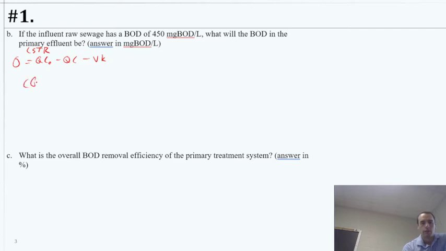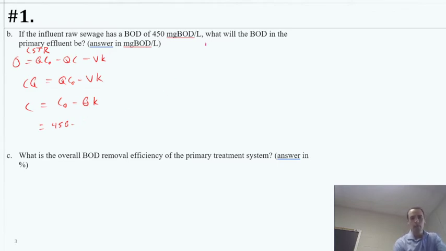We need C times Q. It's going to be QC naught minus VK. Solve for C, and we get C naught minus essentially theta, so that's V over Q times K. So that'll be our mass balance. It's very simple because it's a zero order. Pretty straightforward in that sense. We had some initial concentration given. That's the 450. So that'll be 450 minus the 15 minutes, but we should probably put that into seconds